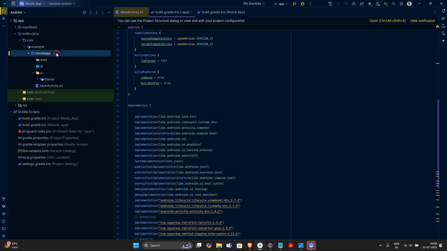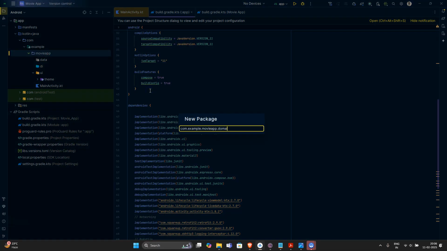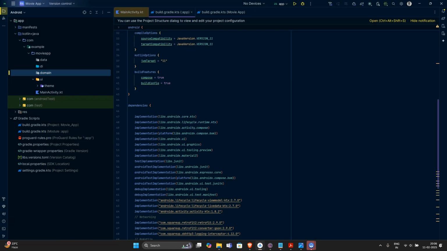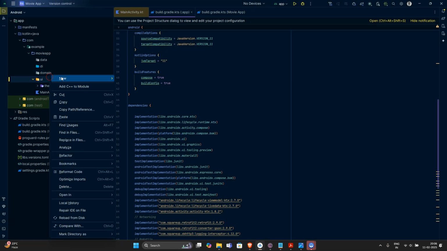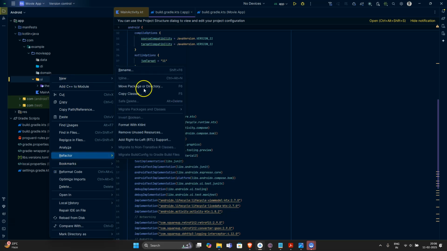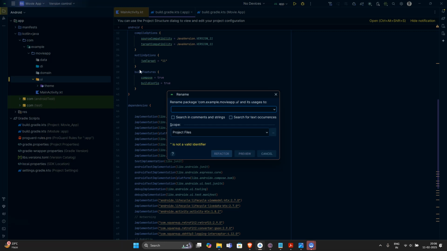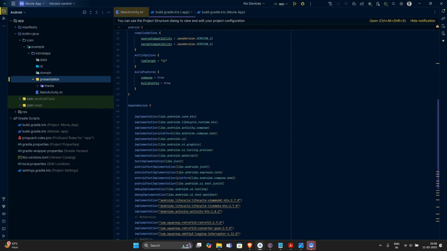After this dependency injection package, let's have something called domain. Then we will need a presentation layer. Actually, let's refactor this one. We can refactor this and rename. Let's name it as presentation. Okay, let's refactor this. Then we shall have a few more files which we are going to create first of all, so that when the project is structured well, it is very easy for us to implement the things, right? If we know in which package which file is placed, it is pretty easy for us to work upon,